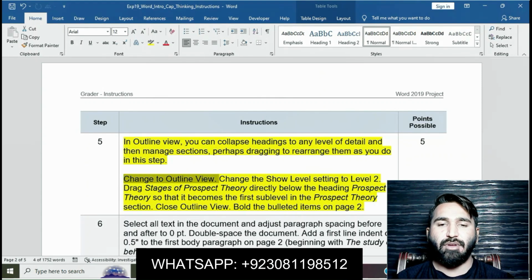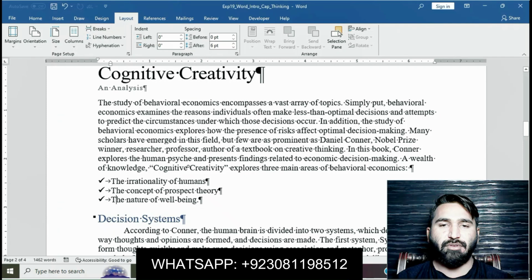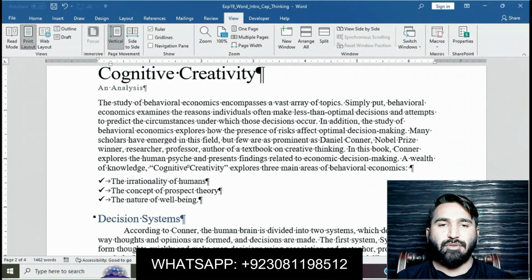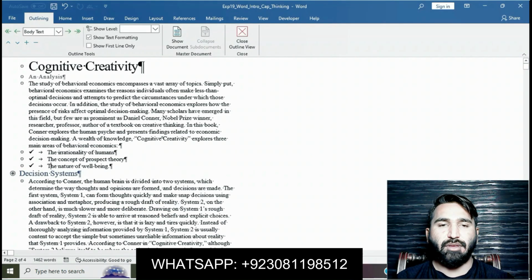Change to outline view. Moving on to the Word file, go to the View tab and go to Outline. Click on Outline. This view will be changed to outline view.